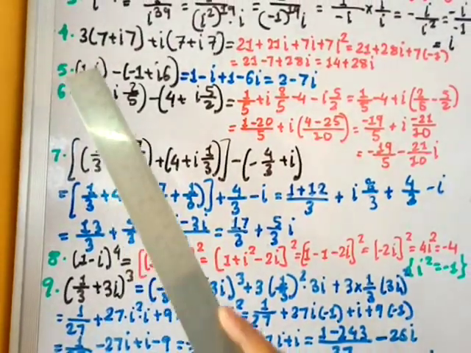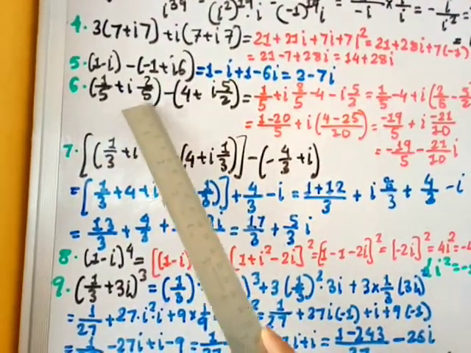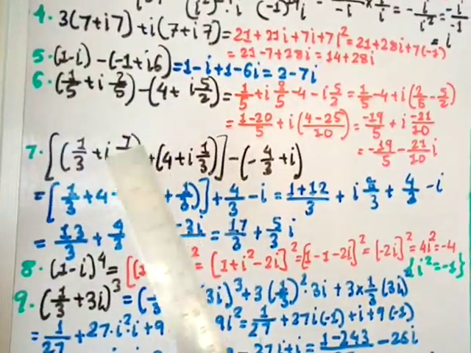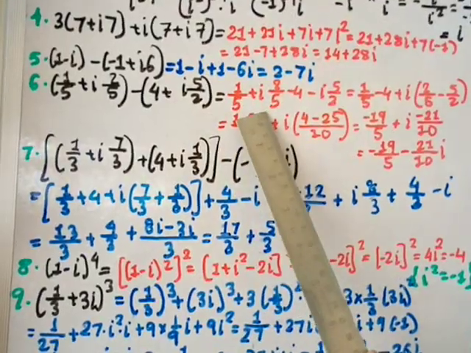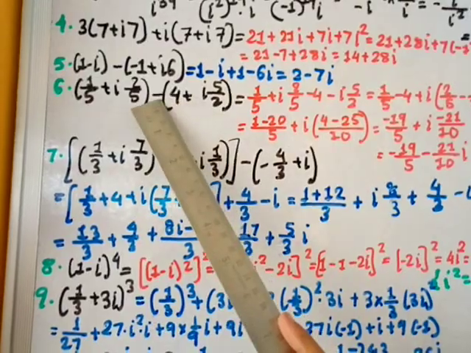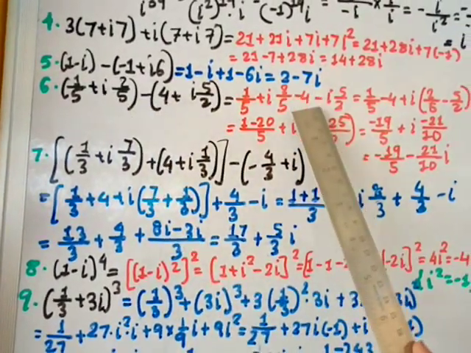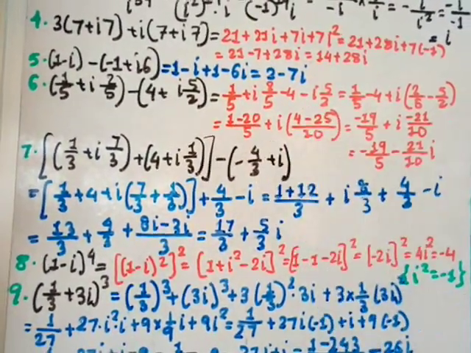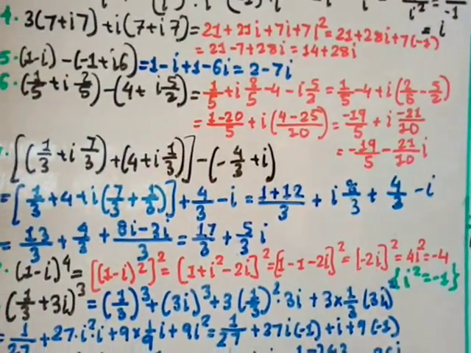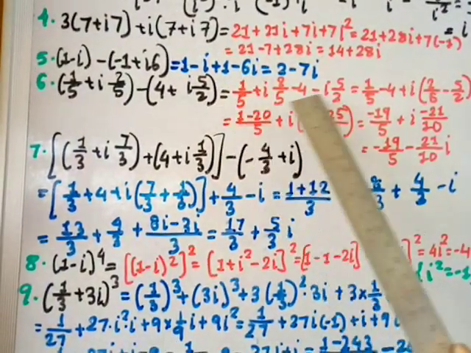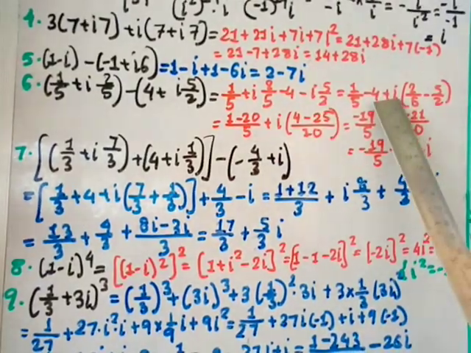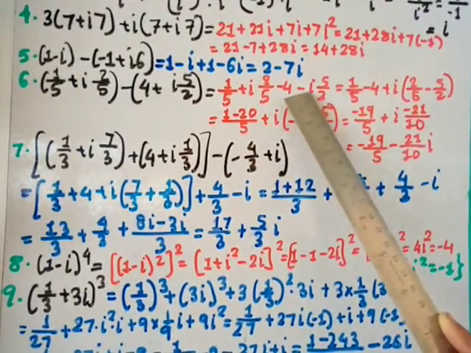Question number 6: 1 by 5 plus i into 2 by 5, minus bracket 4 plus i into 5 by 2. So open the bracket first. So here 1 by 5 as it is plus i 2 by 5, open the bracket, so here negative, so change the sign. So here comes minus 4 and plus into minus, minus i into 5 by 2. Right? Now separate the items and the real part. So without i, write together and simplify. So here 1 by 5 and minus 4 which are without i, plus from these items I am taking i common. Here you get 2 by 5 minus 5 by 2.